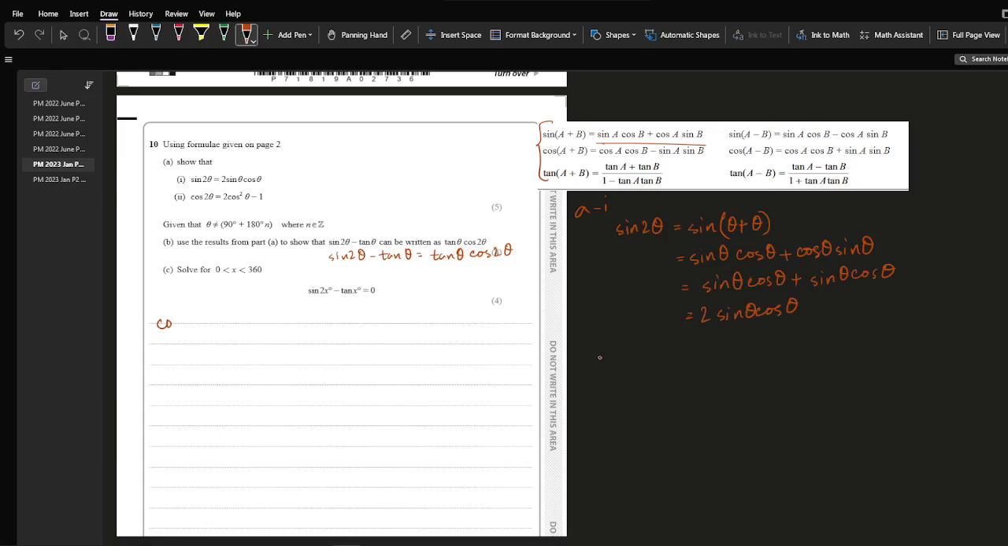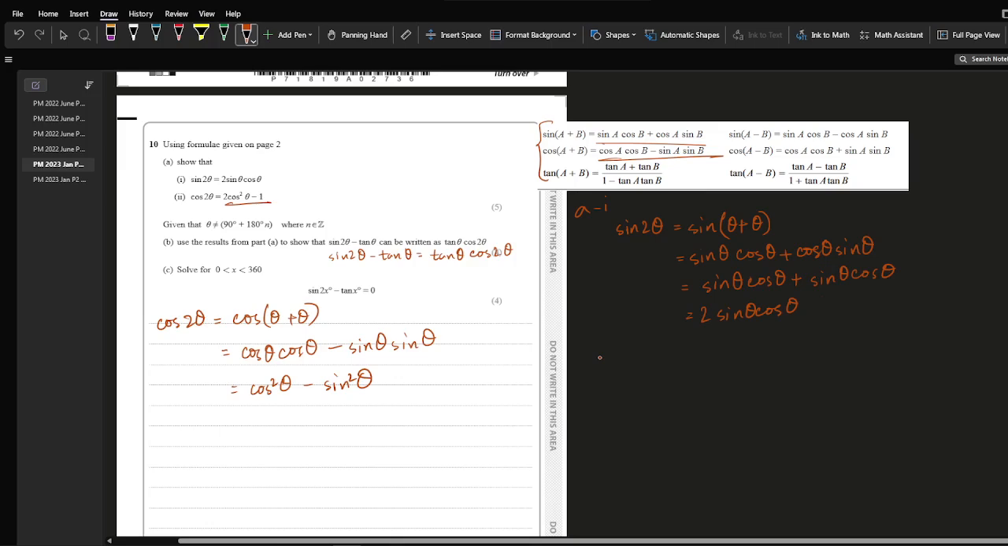cos 2 theta. Similarly, cos 2 theta is equals to cos of theta plus theta is equals to, we are going to use this formula, cos theta cos theta minus sine theta sine theta. So this becomes cos square theta minus sine square theta. Okay, now we have to prove this, so that means we have to bring in another cos square. But how? We know this, you have to know this, sine square theta plus cos square theta is equals to